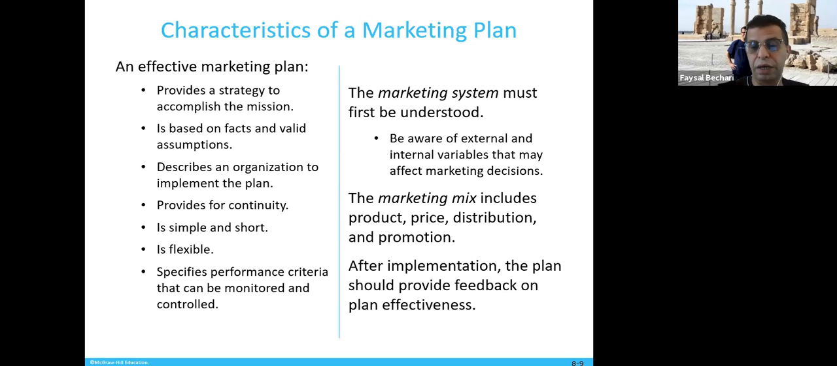The marketing mix, as we said, includes the product, the price, distribution, and promotion. You should come up with what's your product, what's the price level, what's the distribution, and what's your promotion to do that. After implementing